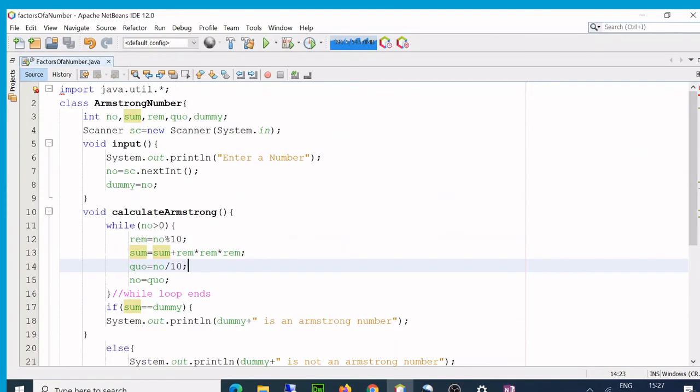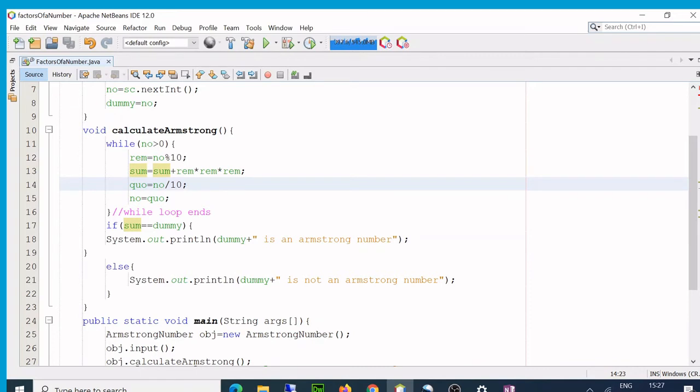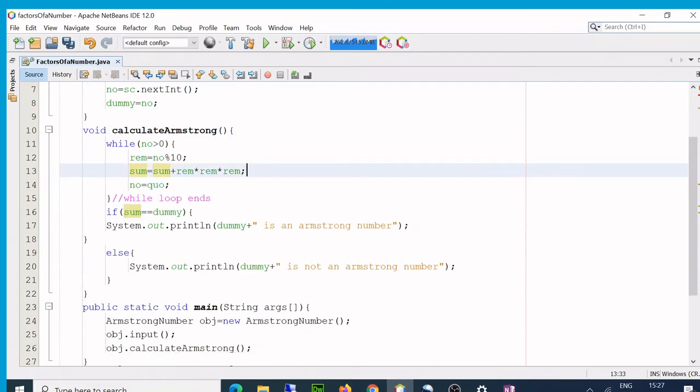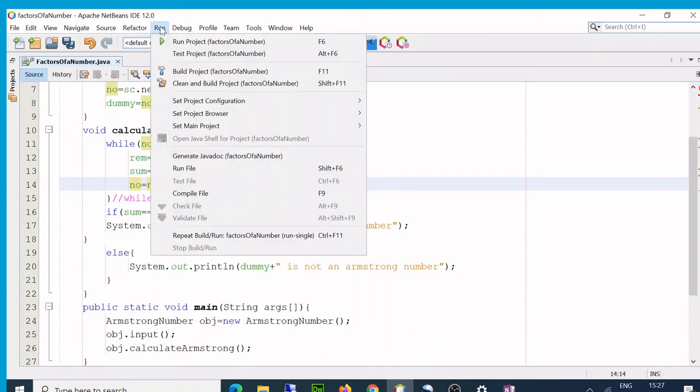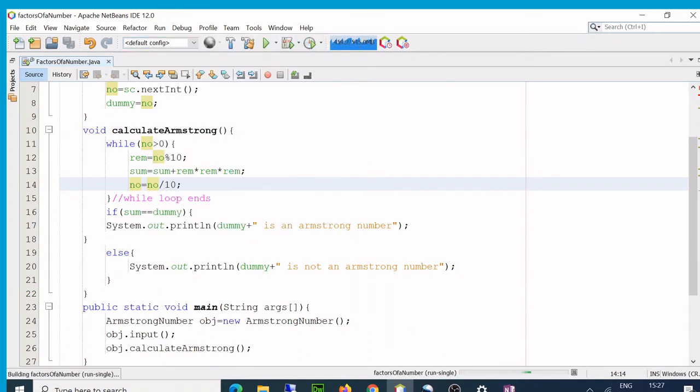Okay, I'll make one or two changes. First of all, I'll make it short. You don't need to do it, we can directly do it also, right? We can directly say here, ANO is the same thing, but I did it so that you understand it like this. Okay, so it will divide it by 10, get the quotient and store the quotient in the number. So the number becomes the quotient, or quotient becomes the number, right?